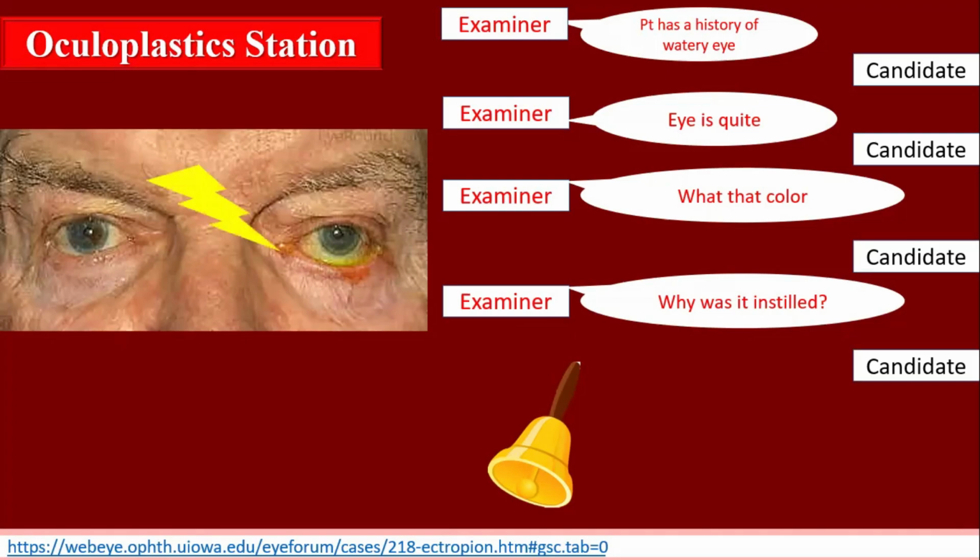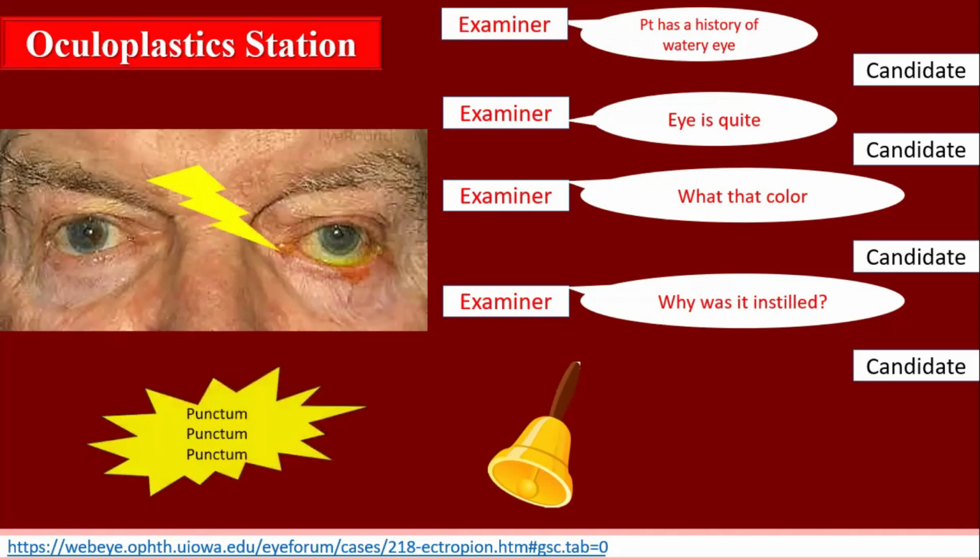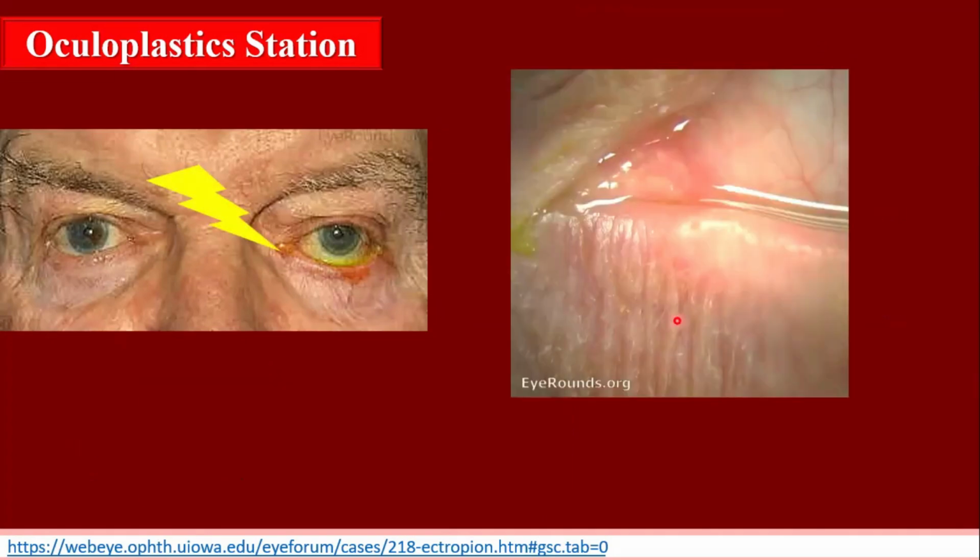So actually, the candidate missed an important sign, which is the punctum. If you imagine that the candidate had come closer, he would have seen that there is subtle ectropion of the medial part and with punctum ectropion. Okay. But we don't expect cases like this in the exam. To be fair, usually they bring you patients with obvious signs. This is a case of involutional early ectropion. Because of the laxity, the lower lid is hanging down. Okay. Yeah, we can say it's a distraction, but the most important one not to miss is there is a